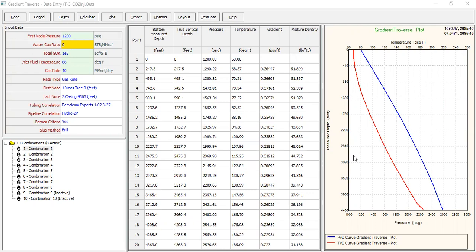Okay, so I have a base case. By base case, I mean the base case for the injection rate, the injection temperature at the wellhead, and injection pressure at the wellhead. Now I just want to check whether the CO2 in that base condition is in liquid or supercritical form. Okay, and to check the phase in Prosper, especially in the gradient traverse,